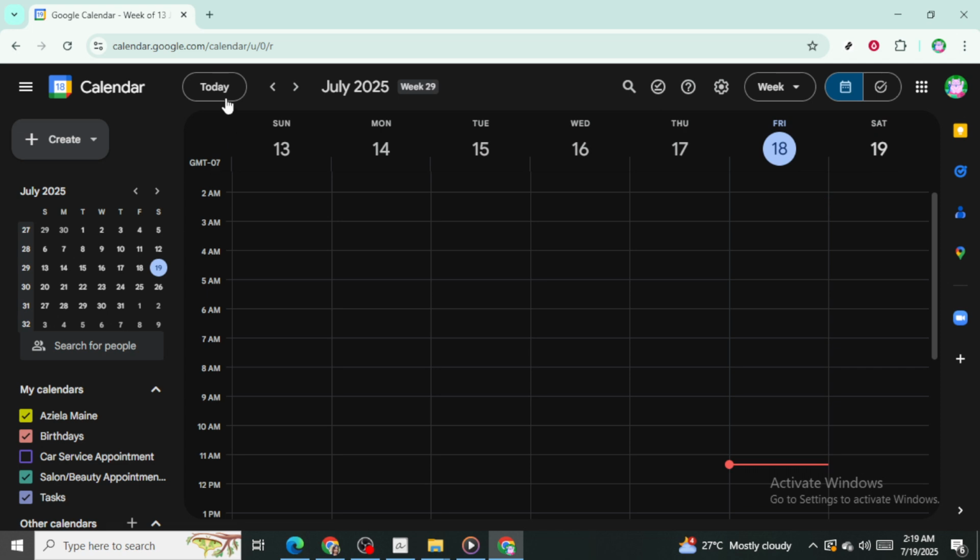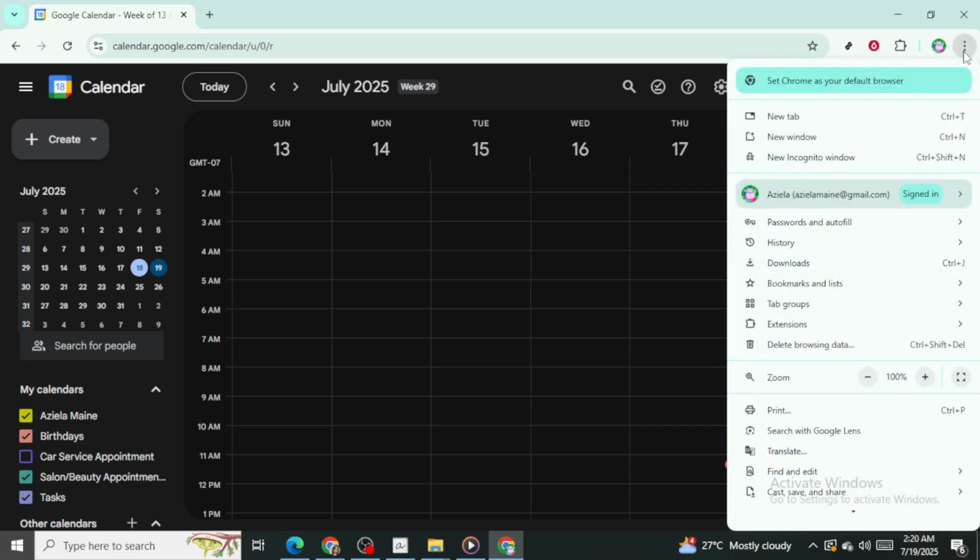Now that we have Google Calendar open, look towards the top right corner of the Chrome window. You should see a three-dot icon, which is the menu button. Go ahead and click on that icon. This menu is your gateway to numerous options and settings within Chrome that will help us in creating a shortcut